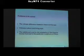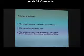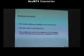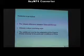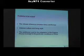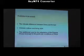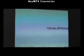According to the experience of the project in Zhou, we can find it is possible to realize passive house from the technical point of view in East Asia. But if we transfer this concept to China, there should be still some problems to be solved. The first one is the climate difference. And the second is the culture and the living style. And the third one is the additional cost. For the climate difference,